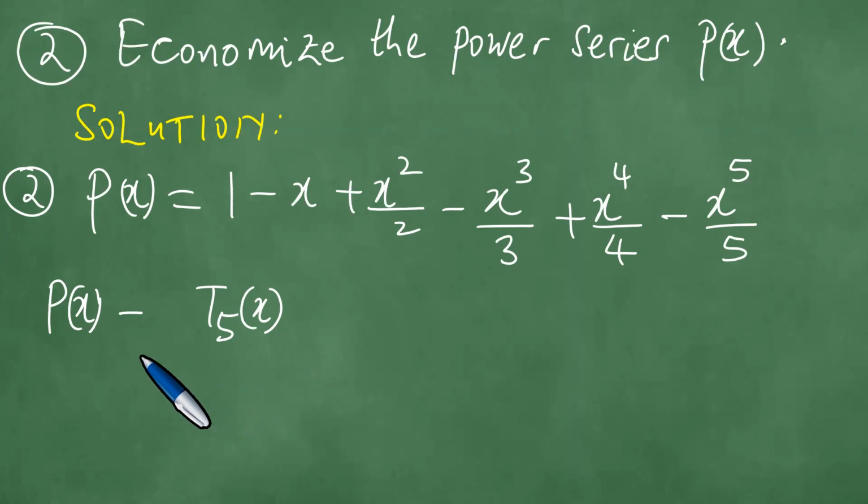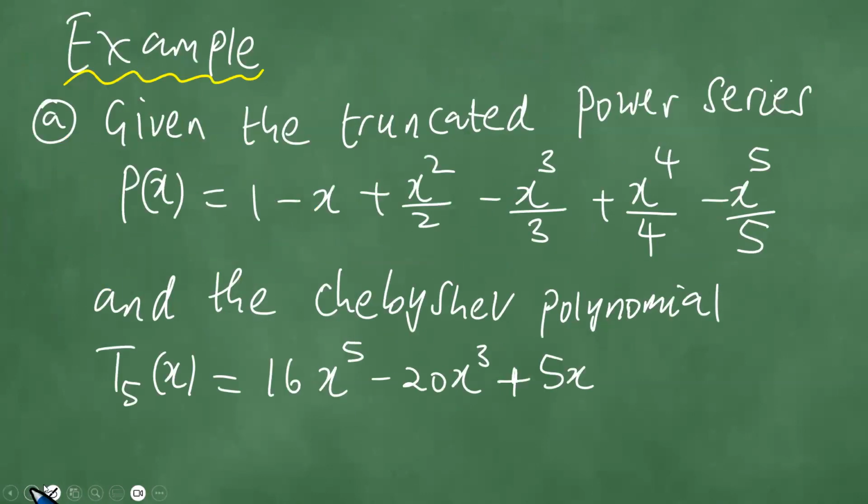In other words, what is the degree, for example? So now we need to remove the highest degree of these. The highest degree is x to the 5th power, so we need to remove x to the 5th power. Now let us check. This one also has x to the 5th power. So it's 16